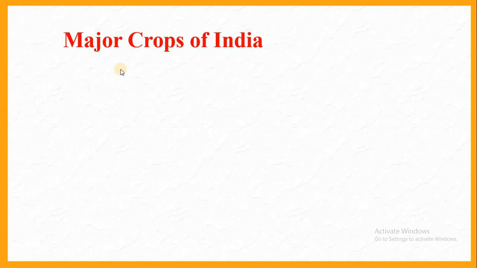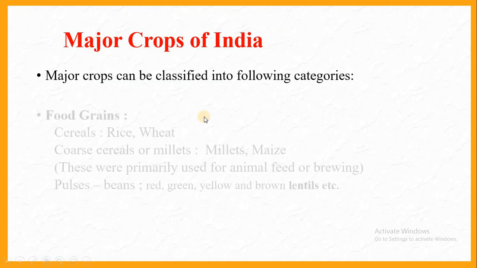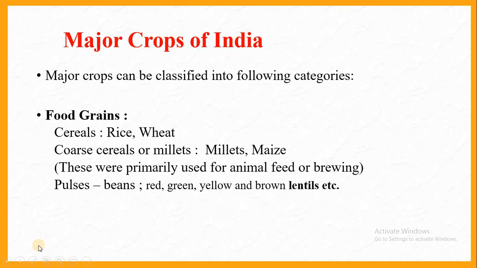So what are the major crops that are grown in India? There are crops such as food grains, and there is one more variety called non-food grains that you will learn about in some other class. But for now, you know that under food grains you have cereals, you have coarse cereals, and you have pulses. Okay, cereals means